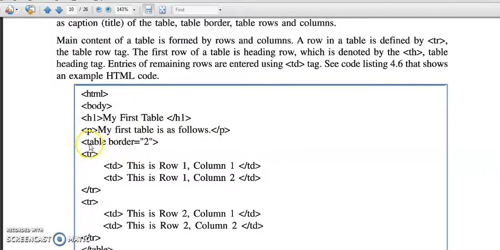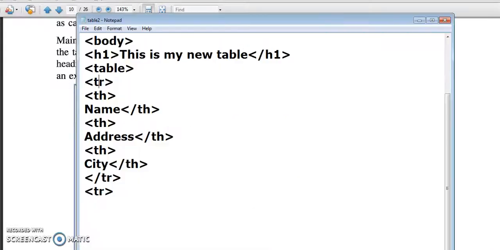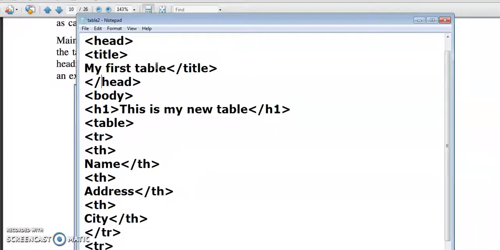Table border, we are missing this line. TR, TD, TR close. One line is missing in our table: border equal to 2. The name of our coding file is table2.